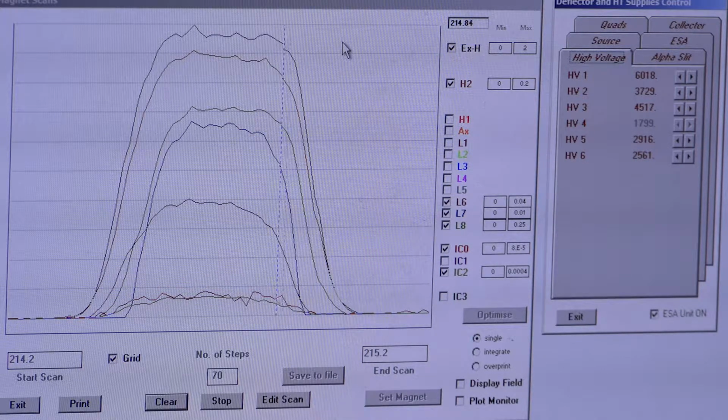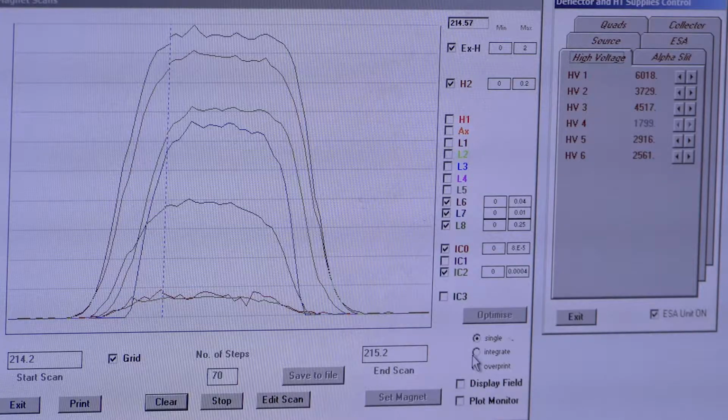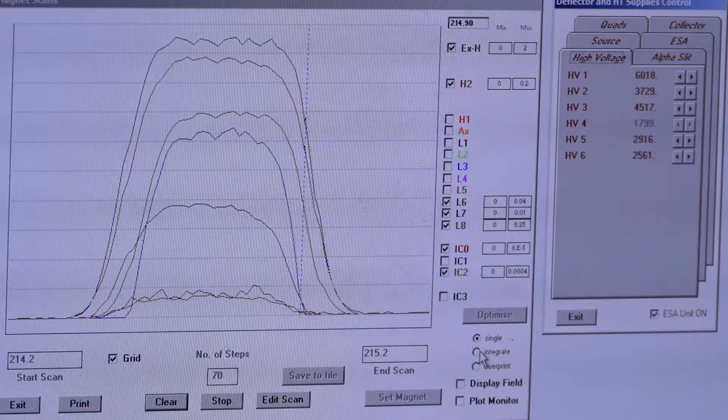So that might look a little bit better. If you're getting a little noise in your signal, sometimes you can switch over to this integrate rather than single. And what that does is it'll integrate your signal for as long as you run on the passes. So if I switch to integrate,